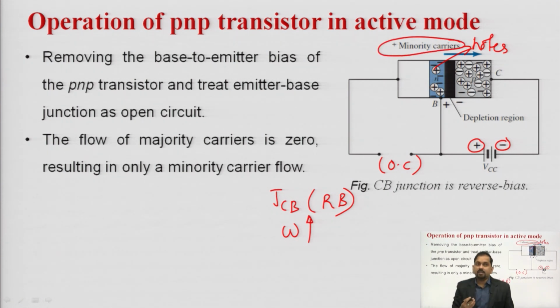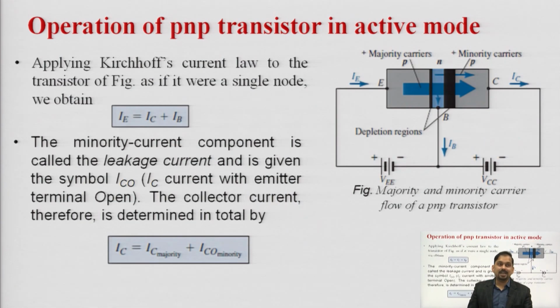So, we are aware of the fact that the base is lightly doped. So, due to this, there is a flow of current in this particular direction. If we combine the overall effect of the emitter base, which is forward bias, and the collector base, which is reverse bias, there is a resultant current that flows from the emitter to the collector terminal. We can see this with the help of this broad arrow. This broad arrow is the majority carrier current, whereas this thin arrow is the minority carrier current, and both are the contribution due to holes.